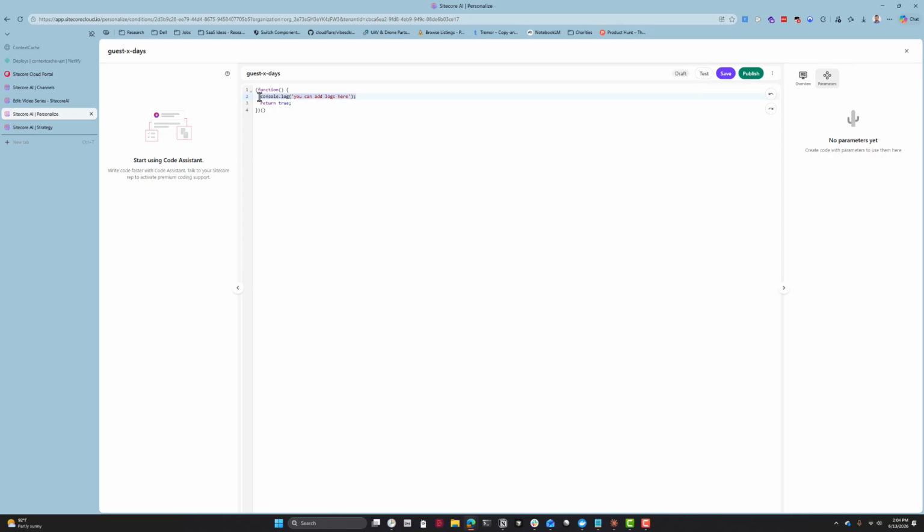So what we're going to do is attempt to write some of what we might have written for my last video on Personalize and how to create conditions. But I'm going to manually write it, and I'll show that most of the syntax is still the same, but there are some differences. So the first thing is I'll create a parameter. So I'll create a date parameter. This is relatively the same as